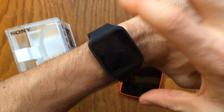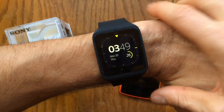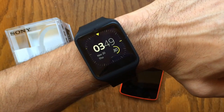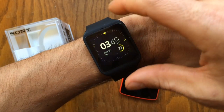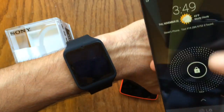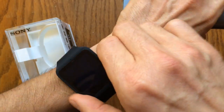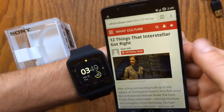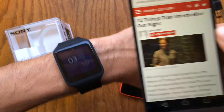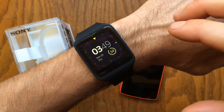The one thing that bugs me most about the SmartWatch 3 is the screen technology itself. It's 1.6 inches. I think it's 320 by 320 pixels, and while it's visible outside and while it's a great overall display, it doesn't really compare to the other screens we have out there right now. Here's an LG G3, and you look at this device or an iPhone or any other Sony Xperia phone, and the quality of the display is just night and day. Like, this looks like a first generation product, and I guess for all intents and purposes it maybe is a